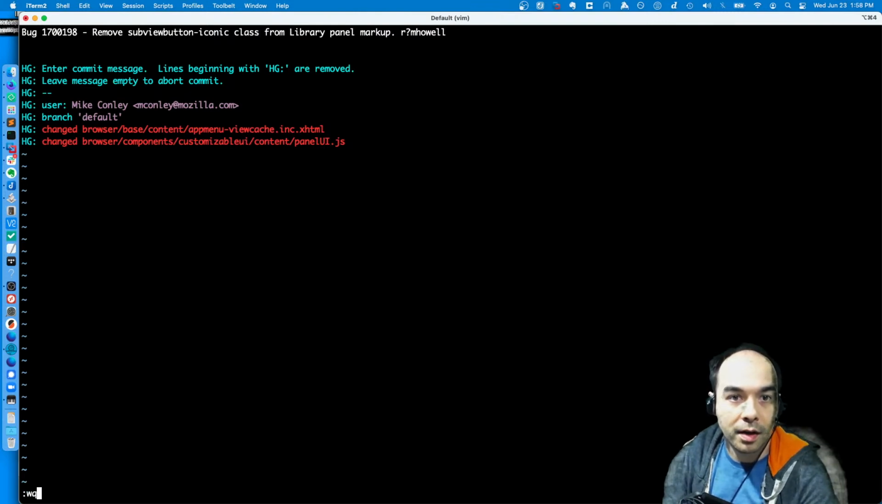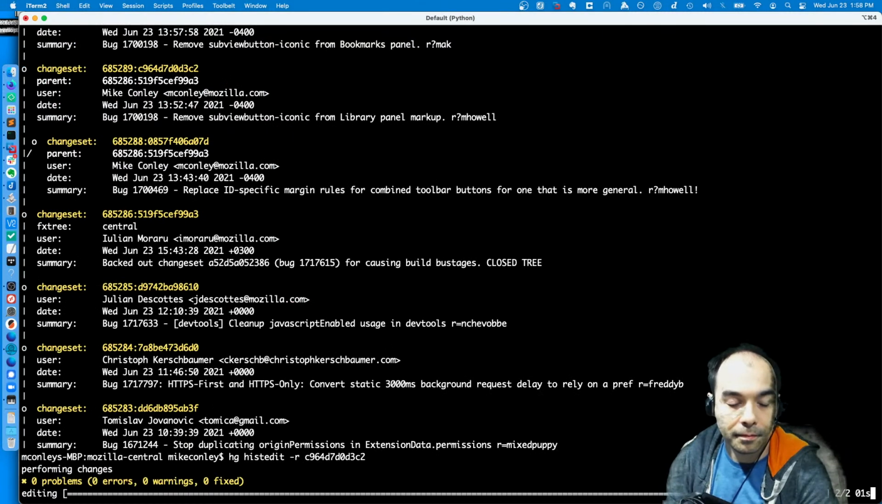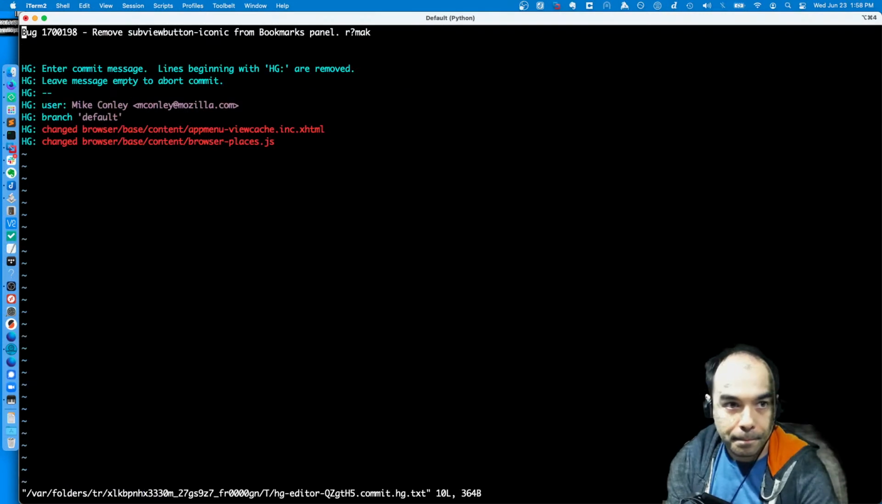Okay, remove subview button icon class from library panel markup. Yep. And then